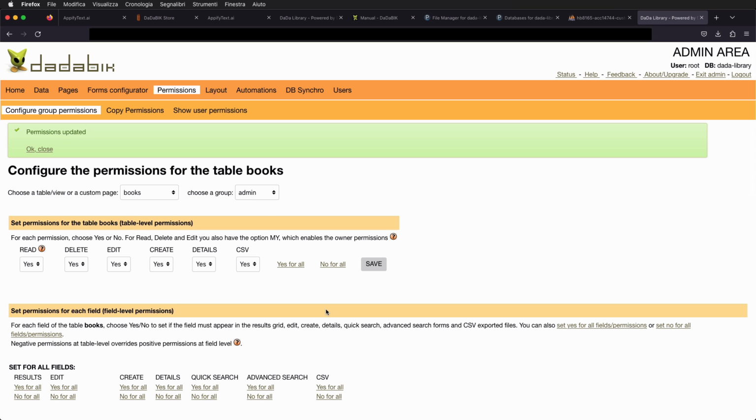We should probably have the same permissions for employees, but maybe you can work on admin and then at some point copy the permissions from admin to employees, or you can do it manually, or whatever is more convenient for you. So exit admin,